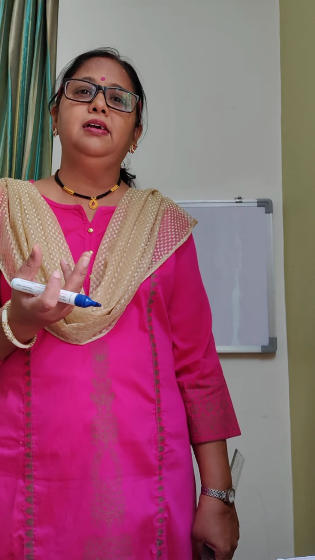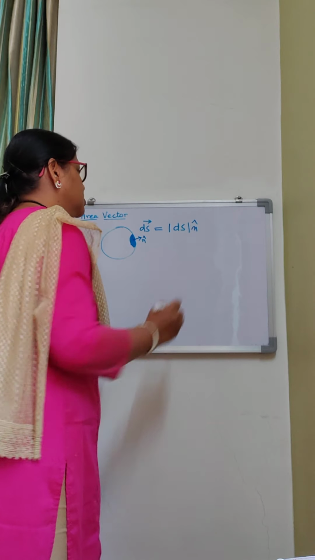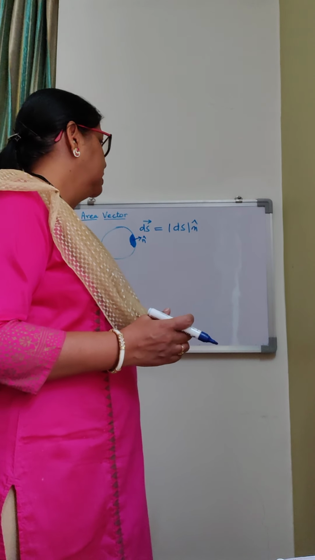Direction, which direction will you take? So it is along the perpendicular to that particular area. So we take here n cap as the direction which is perpendicular to this area. So area vector is a vector introduced to make some mathematical calculations with the help of the formula ds is equal to mod of ds into n cap. So with the help of this formula we are going to study some more calculations which are related to explain electric field in a better way.